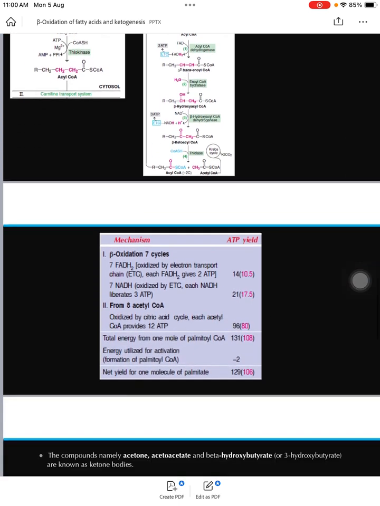The new acyl-CoA formed, containing 2 carbon atoms less than the original, re-enters the beta oxidation cycle. The process continues till the fatty acid is completely oxidized. Now the energetics. 7 cycles of beta oxidation will occur, resulting in 7 FADH2 and 7 NADH. And as a result of